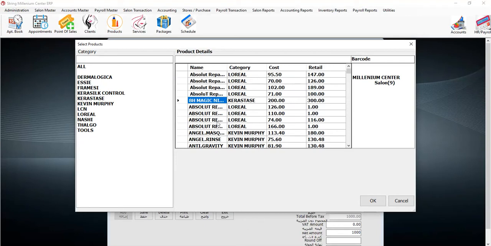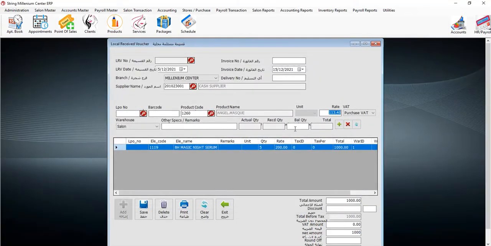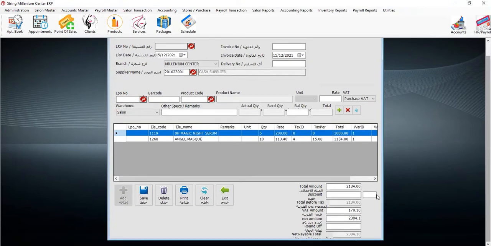Okay, now if I select this item, you can see the quantity already there is 4. Suppose you want to add more quantity for that with a lesser price, you can change the price here. Now again I am adding 10 more quantity. So if I add, then you can see here all the details, VAT, everything has been set.